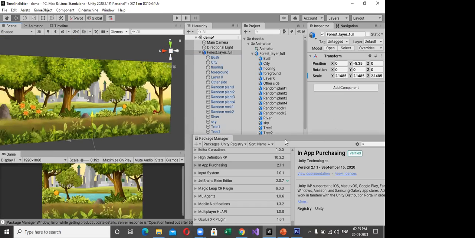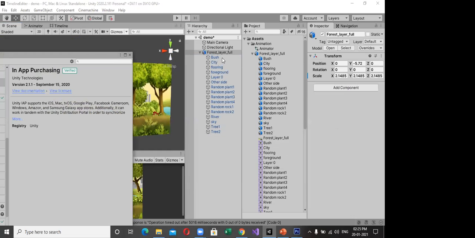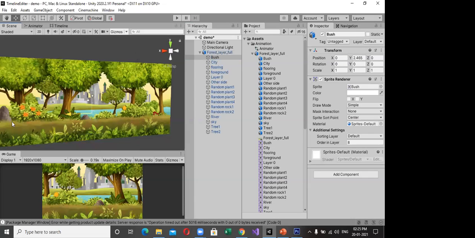Now I close our Package Manager. If you want to move one layer, just select the layer. Easily we can move it. See that. Automatically the layers are converted.